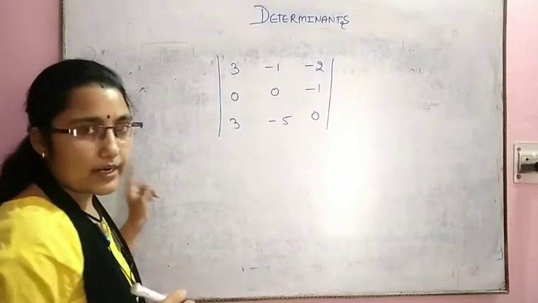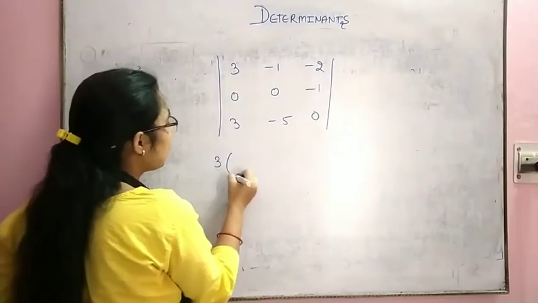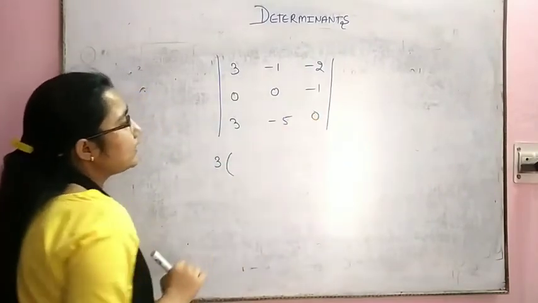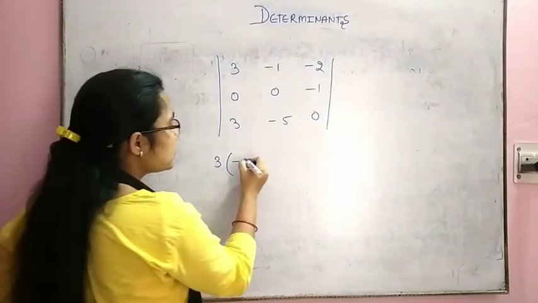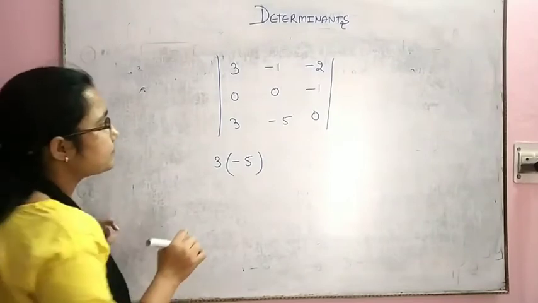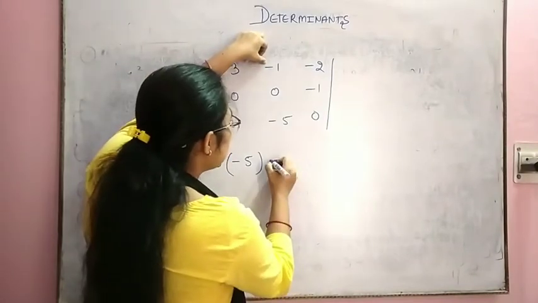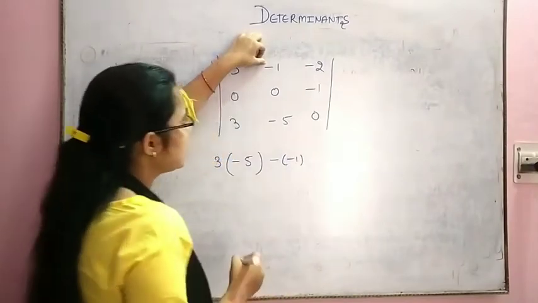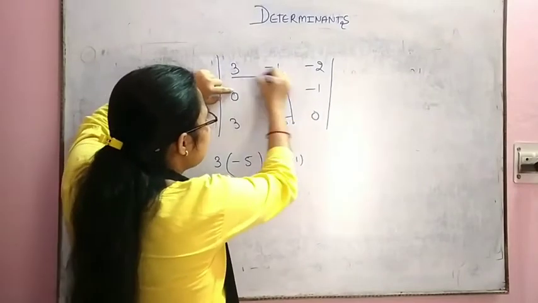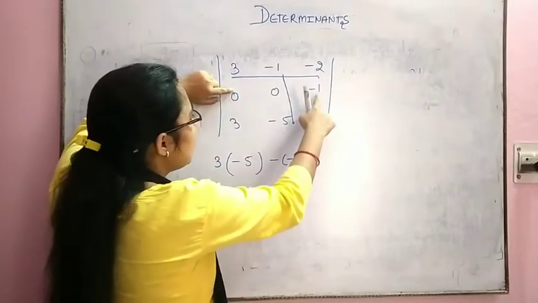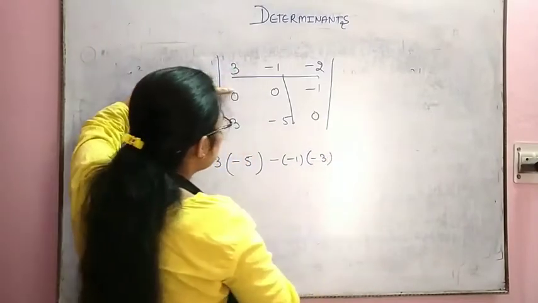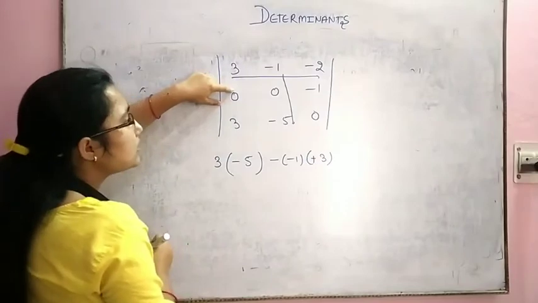Firstly, write down 3 and the respective row and column will be cancelled out. So this is 0 multiplied by 0, and minus 5 times minus 1, this is 5, and we use a subtraction sign between them. So we can write minus 5. Now note down minus 1 with a subtraction sign. The respective row and column will be cancelled out. We get 0 into 0, 0, and minus 1 into 3 we get minus 3, and we use one minus sign between them. So we get positive 3 here.